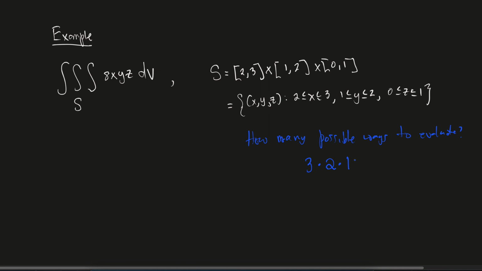And there's a principle from combinatorics, a counting technique that says if you can figure out the number of ways to complete each stage of a process, then the total number of ways that you can complete the entire process, you multiply these together. So you end up getting 6. Wow. So if you think back to double integrals in the initial case when we first used Fubini, we had